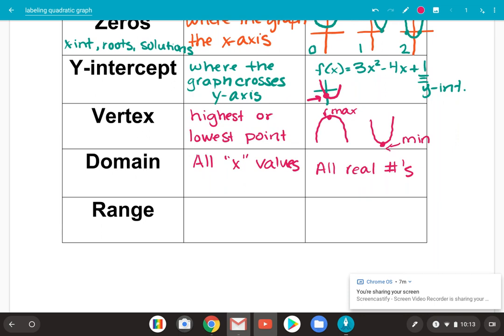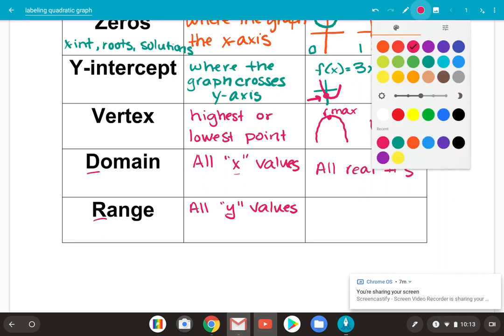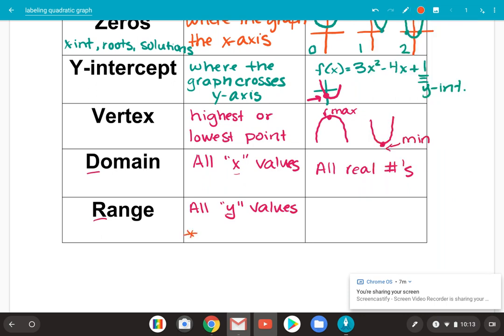All right, so now when we do range, if domain is the x, range is going to be the y values. And how I remember it, x comes before y, just like D for domain goes before R. You guys know I have funny, weird ways of saying everything. Now with this one, we always, always, always use the y value of the vertex to find our